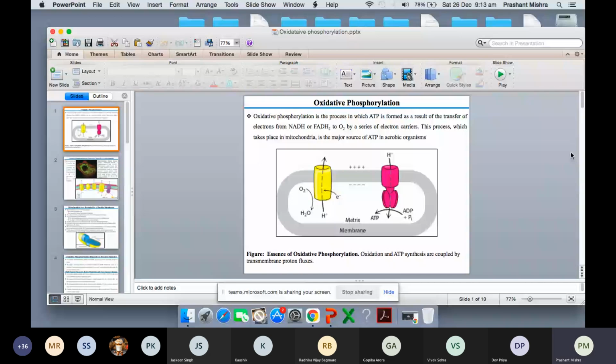Why I'm saying so is you need terminal electron acceptor. If you can replace terminal electron acceptor, you can still produce the energy. But here, the most conventional electron acceptor is molecular oxygen. So today in this, we will also discuss how this process happens. So what you see here is that, let me just explain it,